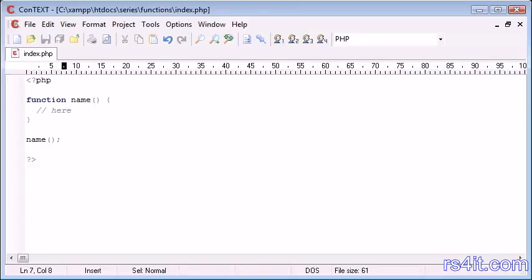Now, what if I want to create a function that's going to add two numbers together? This is a sort of real life example of why you might use a function. You may have a program that simply does add two numbers together. You might take user input, number 1 and number 2, and you may need a function to add these two numbers together to save